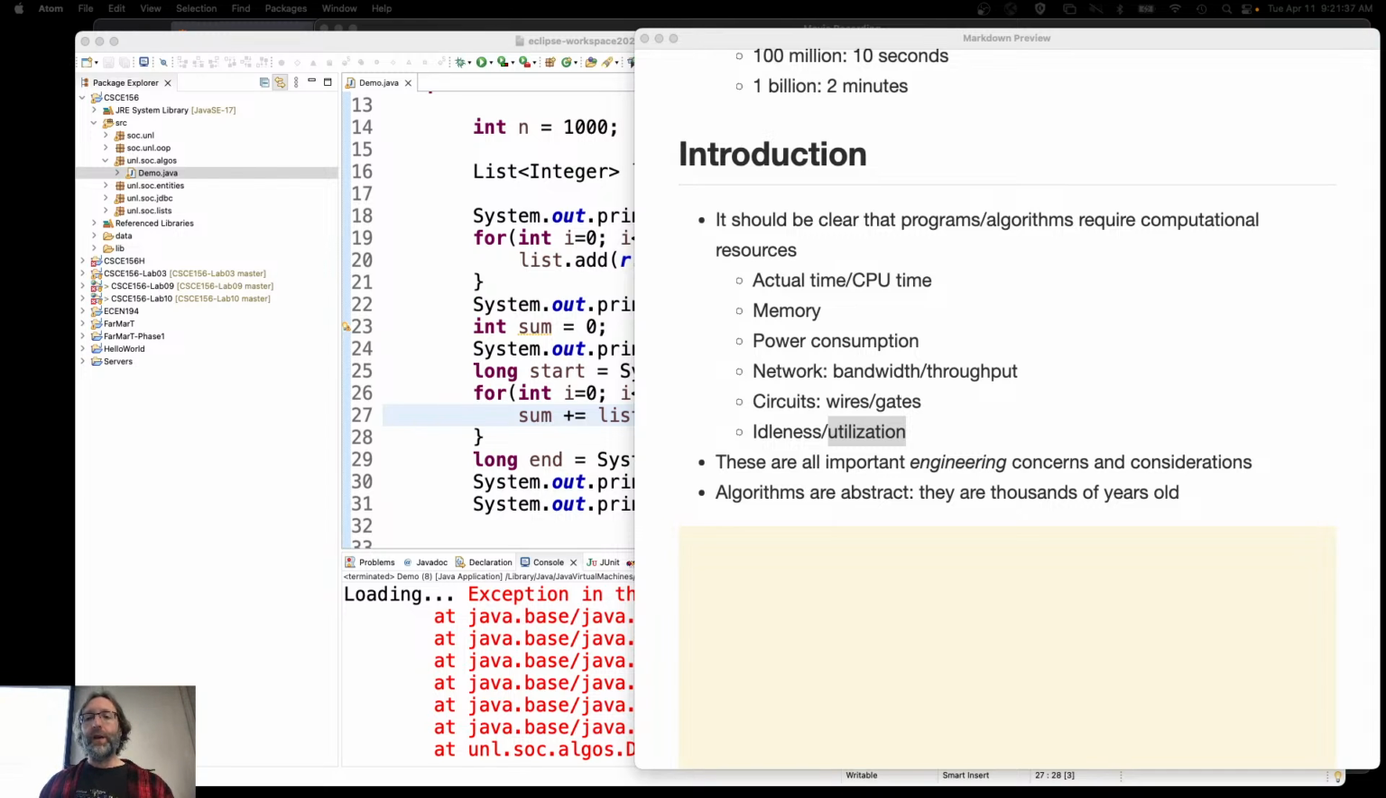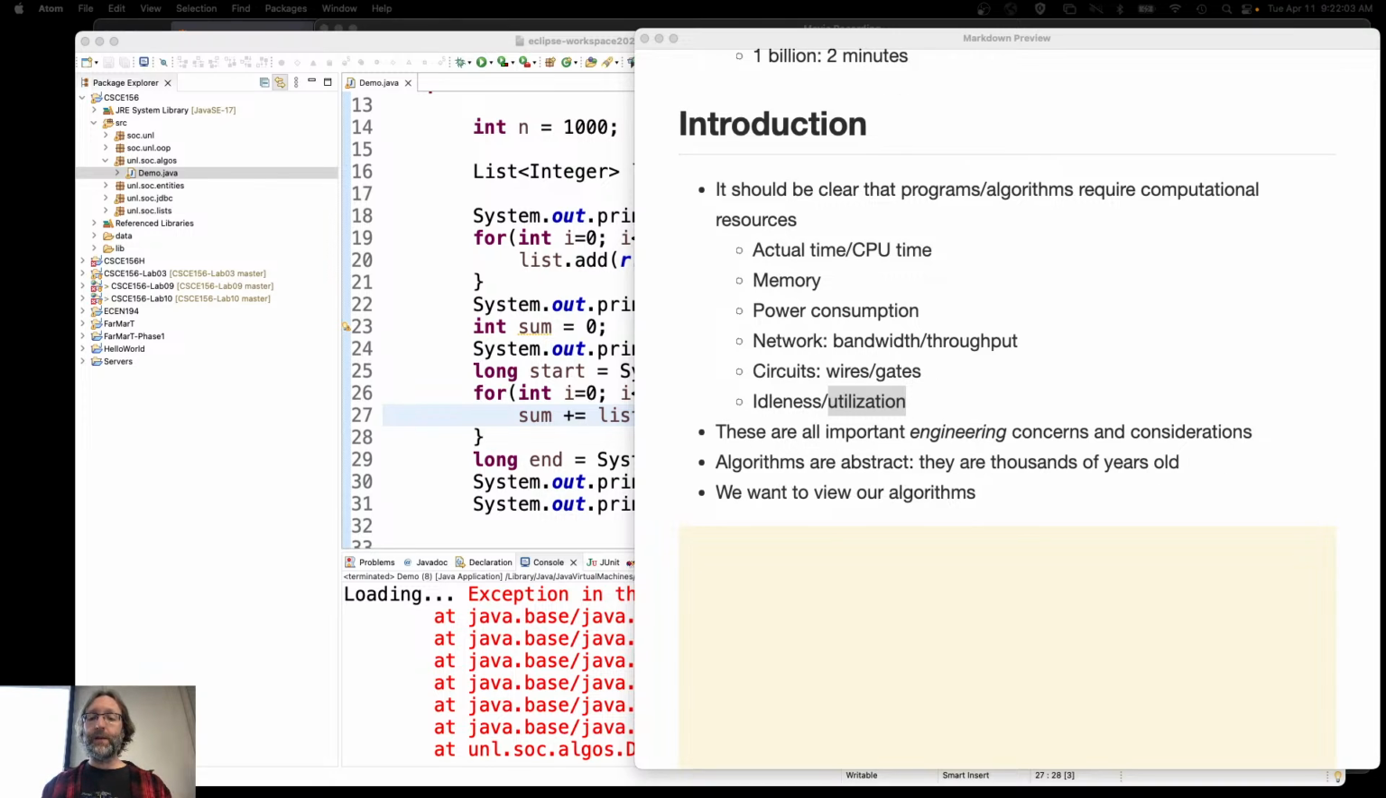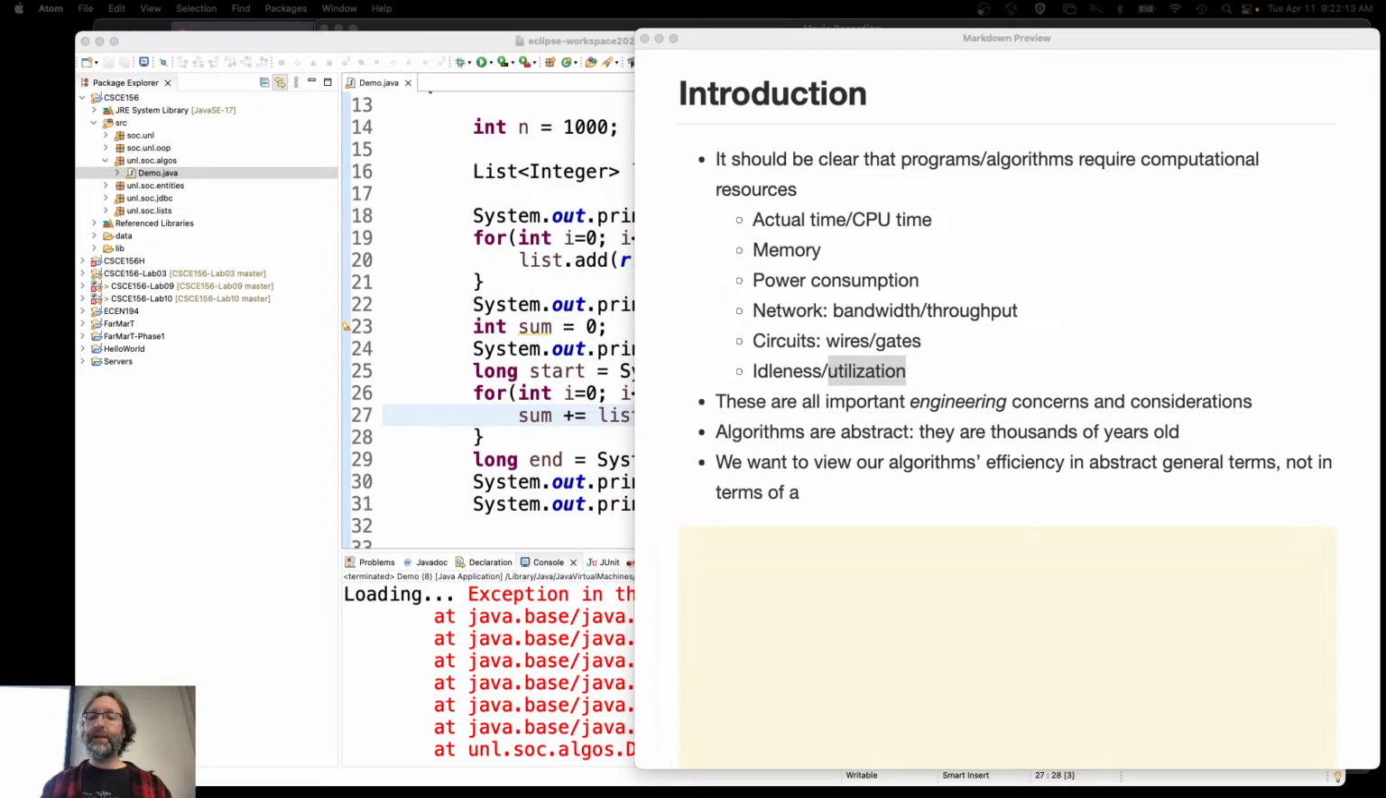2,500 years ago, it took the same exact number of divisions to do this on a piece of papyrus, or whatever they used back then, as it does a computer in 2023, right? The same number of steps. Now, a computer can do those steps much faster, but the same number of steps are there. The algorithm has not changed. We want to view our algorithm's efficiency in abstract, general terms, not in terms of any specific